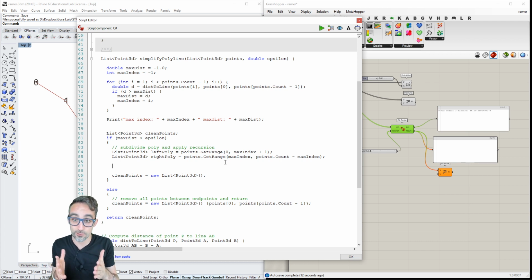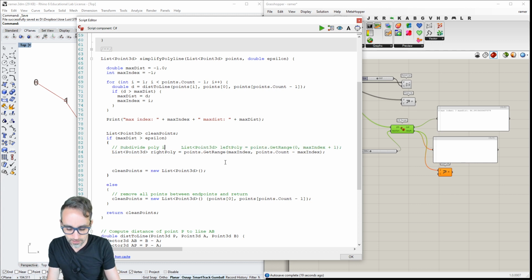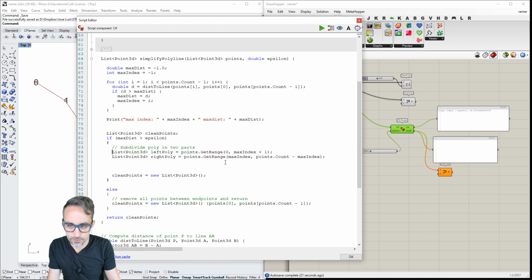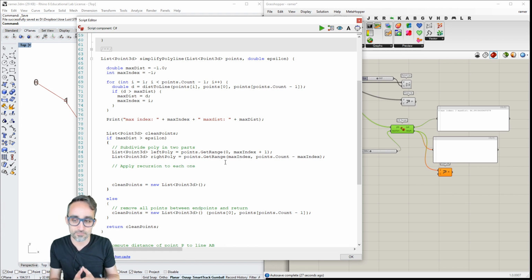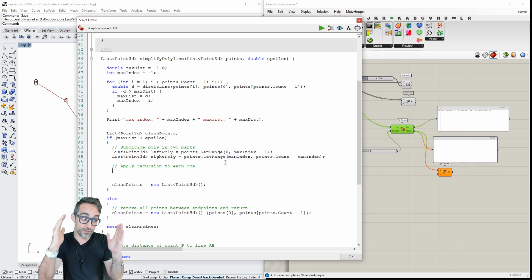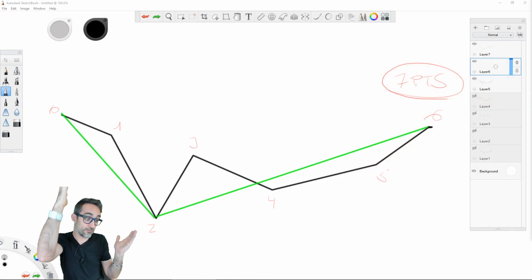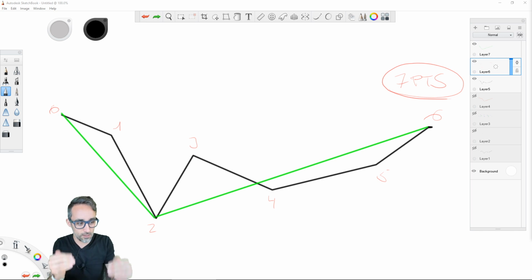And now what I can do is actually do recursion. So divide the polyline in 2 parts, the left and the right, and now apply recursion to each one. I now have a smaller polyline, the left polyline, which is just 3 vertices. So I'm going to apply recursion to that polyline.